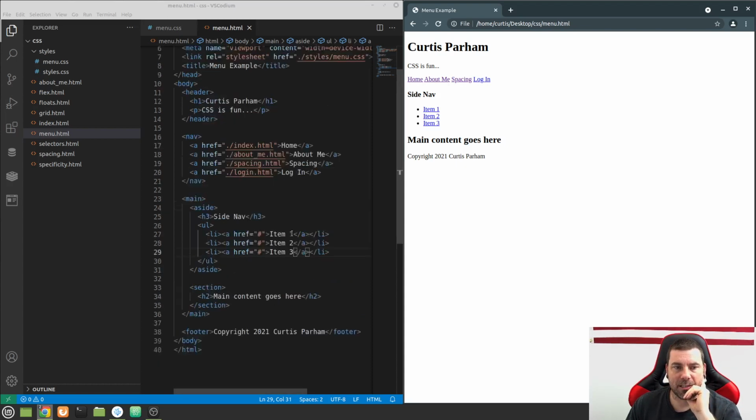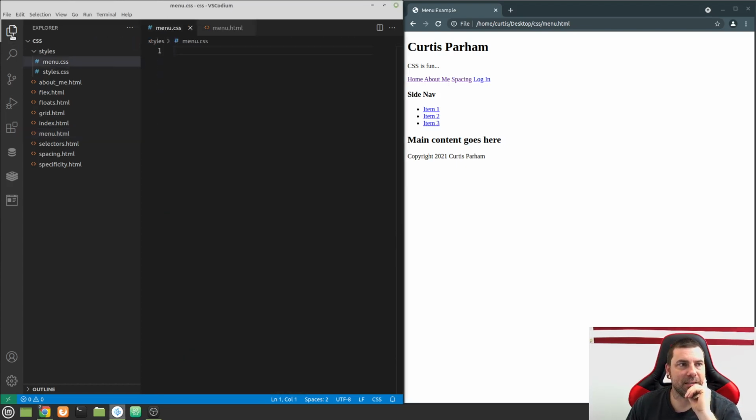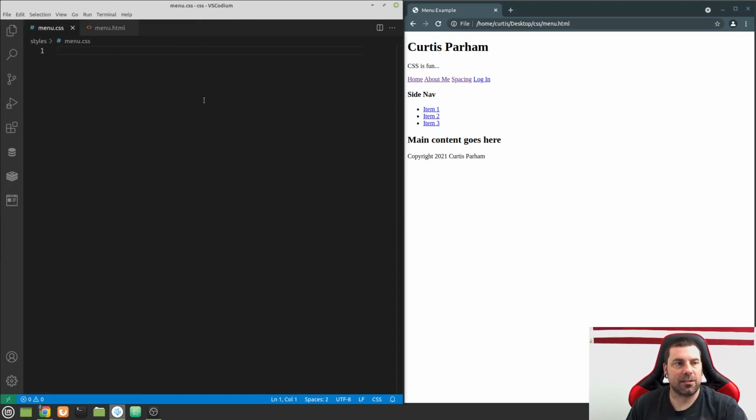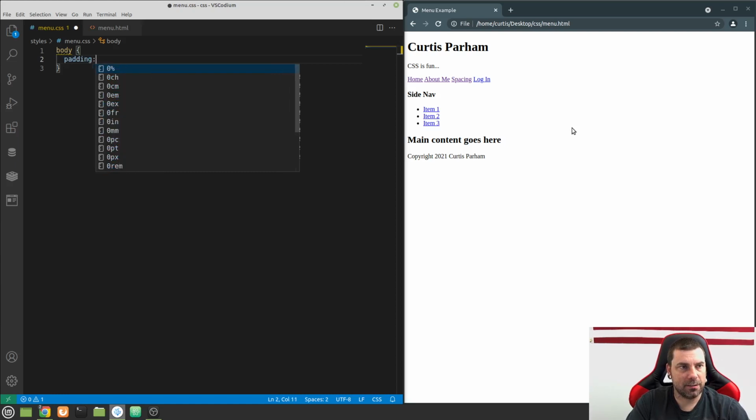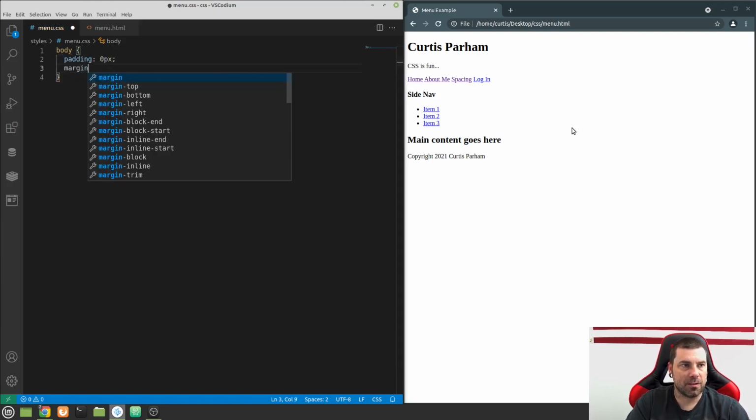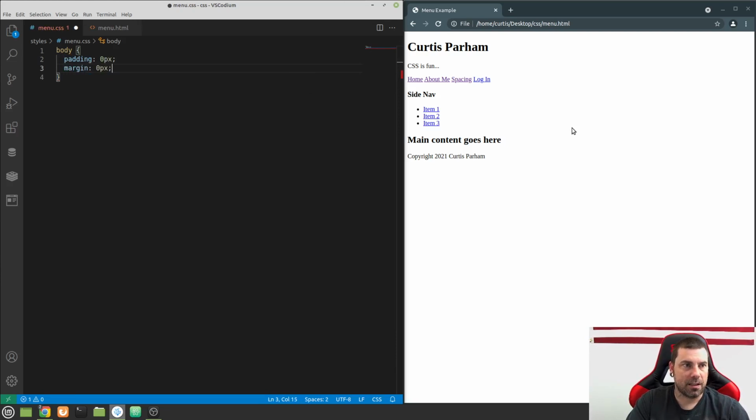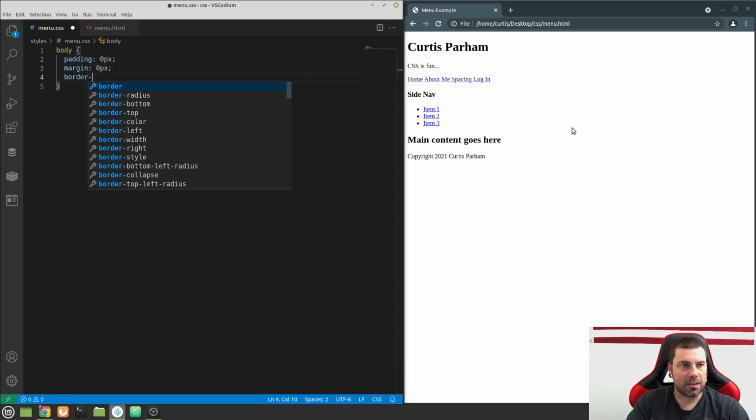For the rest of the page, I think we'll be pretty much in this menu.css here. And the first thing that I want to do, just to get rid of any spacing around the outside here, is let's target the body. And in the body, let's go ahead and do padding 0 pixels. Let's do margin 0 pixels. And I like to do border box